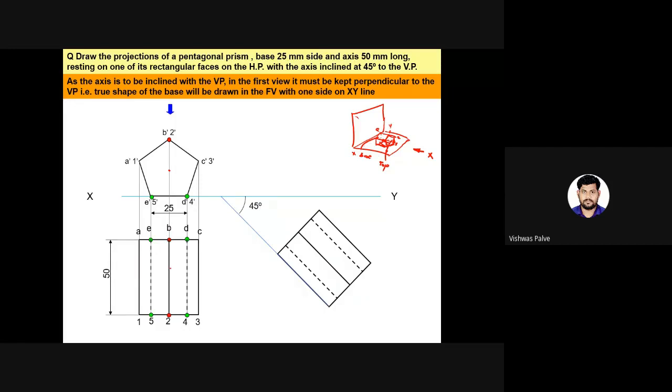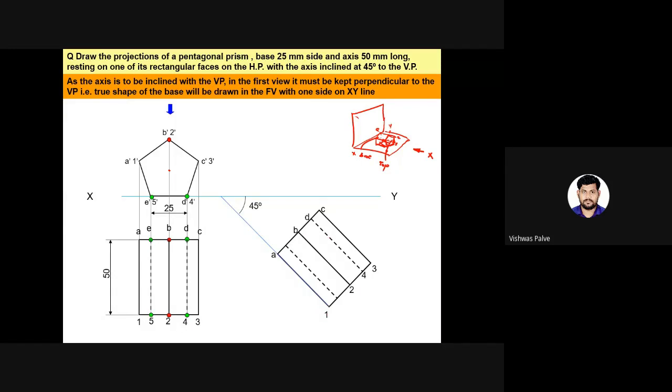So the axis is parallel, right? The axis of that object is parallel to the slant rectangular edges. So this 1 and A will be inclined at 45 degrees, so that the axis also will be inclined at 45 degrees because of parallel. So we have to redraw the same object at an angle of 45 degrees. You have to lift this object and place it parallel to the 45 degree line. So we have to draw a 45 degree line and then redraw the same object.